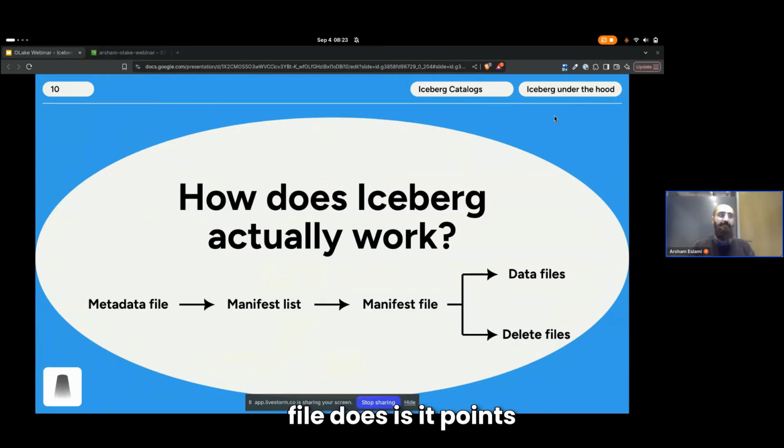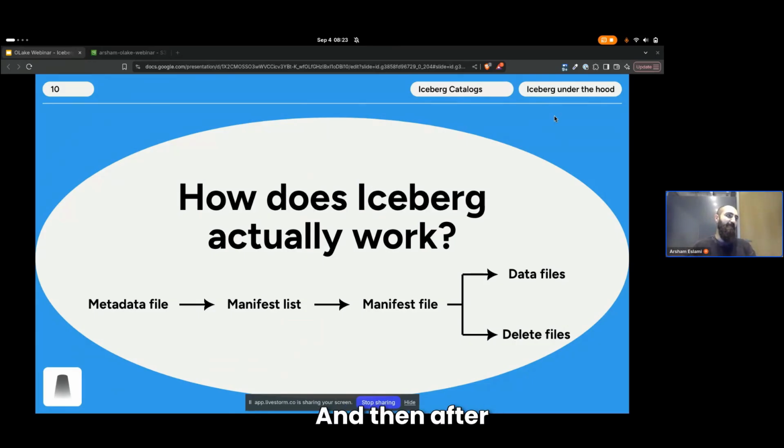And what the metadata file does is it points to essentially a set of manifest lists. Manifest lists are lists of all manifest files in a snapshot. So think of your manifest list as like the head of the snapshot, really. But a snapshot can have multiple manifest lists. It gets confusing. I'm going to show a little diagram about how we would actually walk through updating these manually. I think it will help.